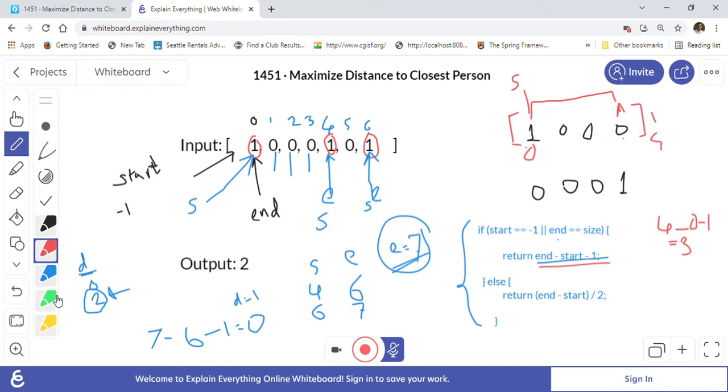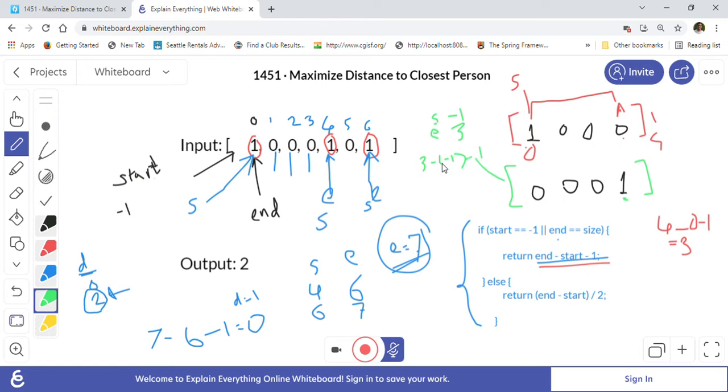So similarly, there is another special condition where your left side is all empty, right? And you only find someone sitting at the end seat, right? So for that condition, we have to always start with minus 1, right? That's why we start with minus 1. So in this case, for example, the start will be minus 1 and end will be 3, right? So start is minus 1 and end is 3, right? So in this case we will again do end minus start minus 1, which is 3 minus start, meaning minus 1, right? Minus 1 and minus 1 again.